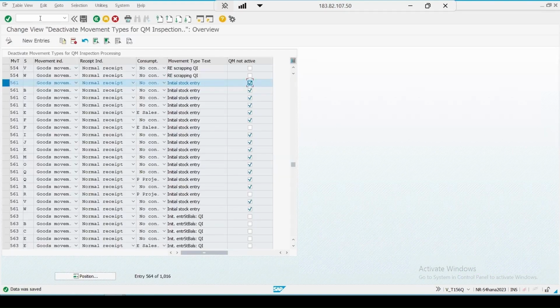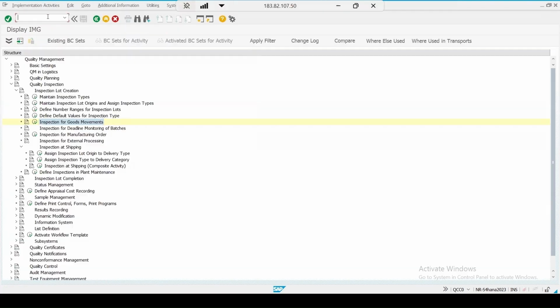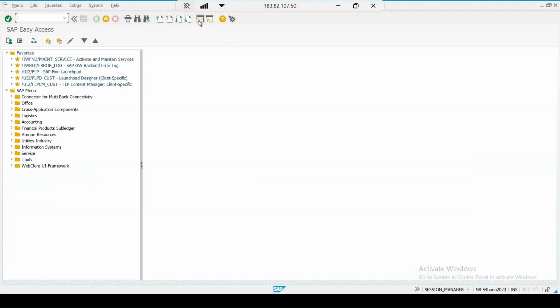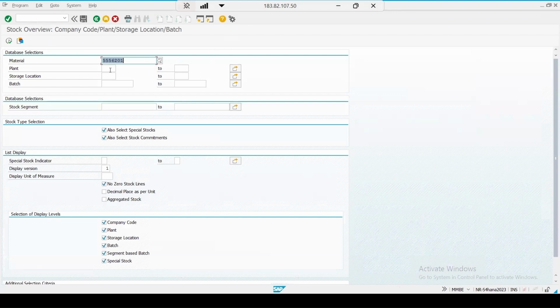We will repeat the same cycle again. Try to do the MIGO transaction again. Enter. Let me show you the stock also for the same material, and then we enter, and this is the material and the plant is 1000.